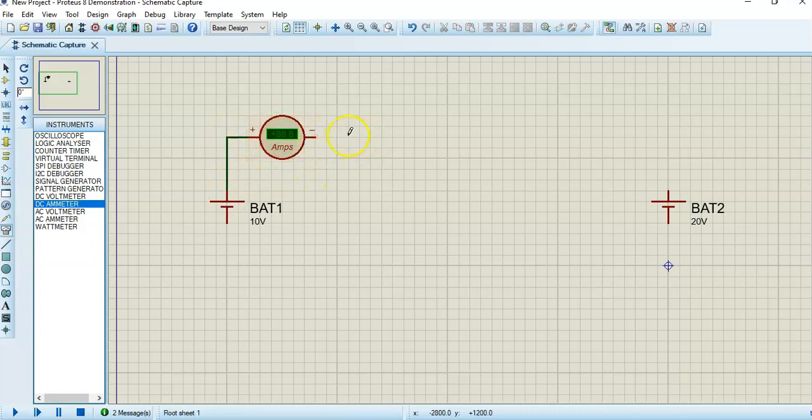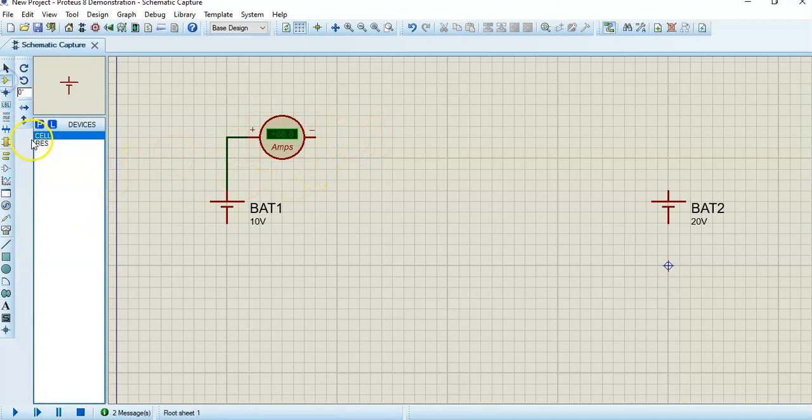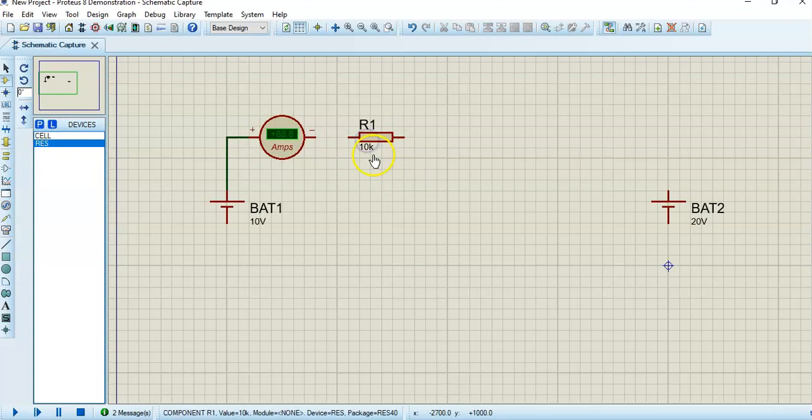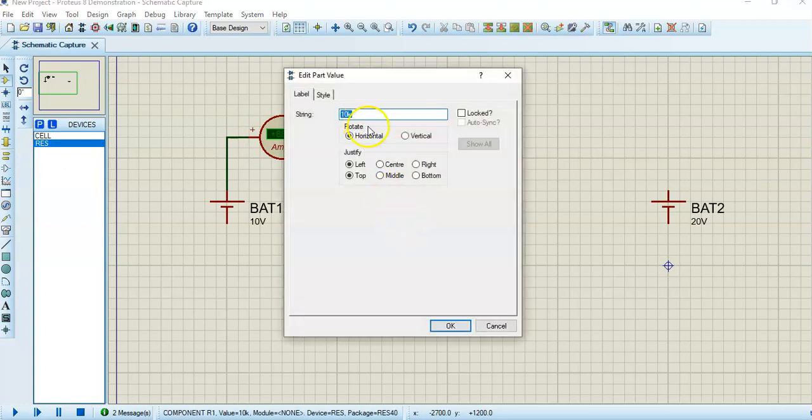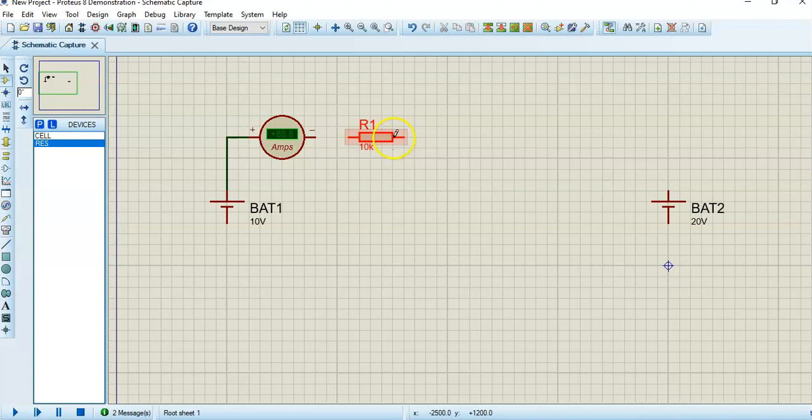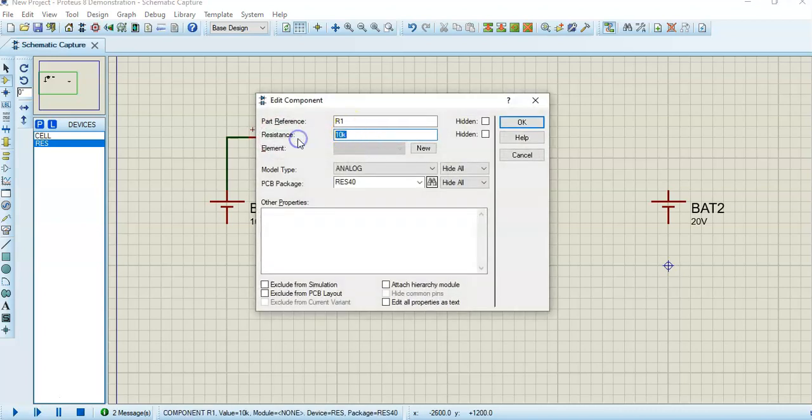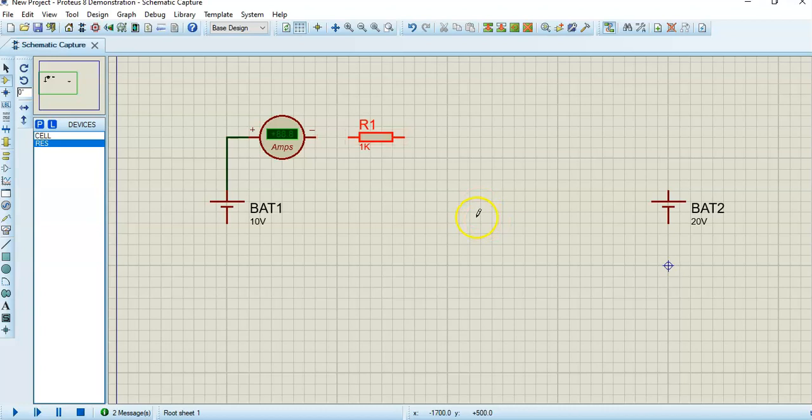On the other end we need a resistor R3, so go to your components and bring the resistor and double click. It's not the string, you just have to click the resistance. I want that to be, sorry, I didn't show the resistance there. I want that to be 1K, and I want this to be 1K, and I think the other one I wanted that to be 2K, and the other one is 5K. So sorry, I forgot to mention that on the diagram. So I'm going to connect these two,